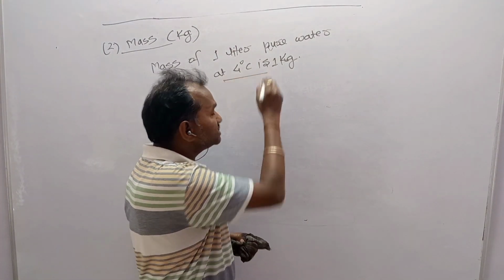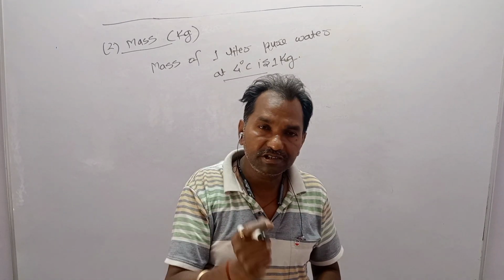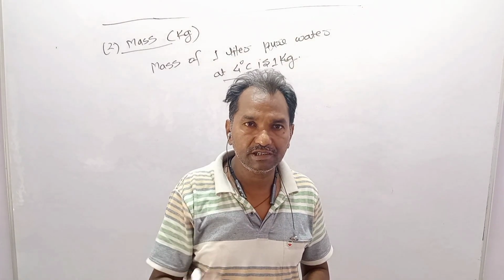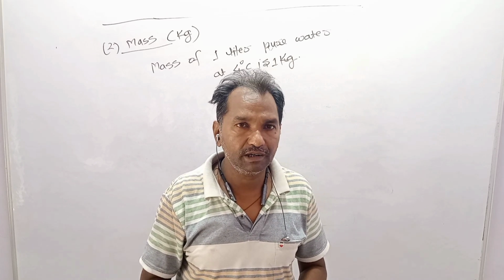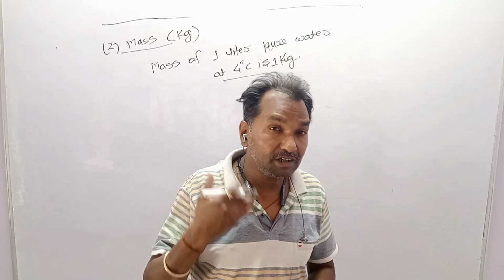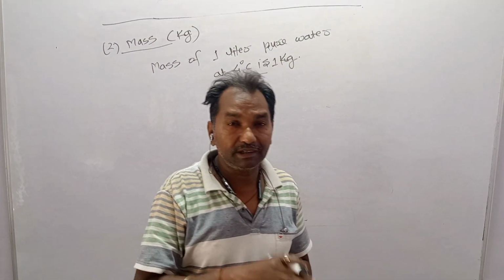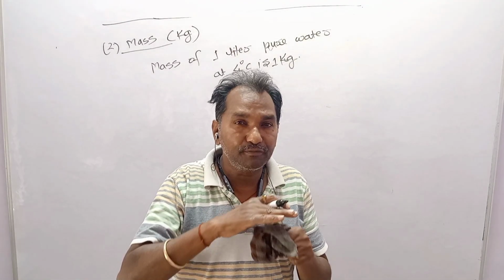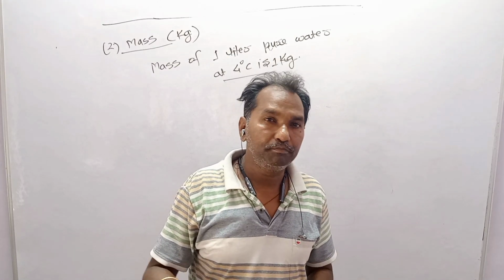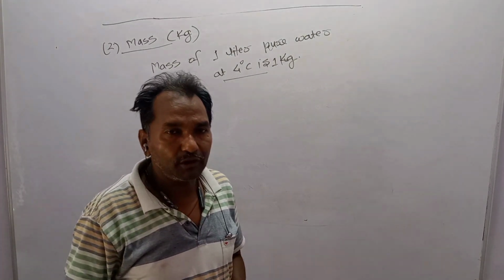Why is 4 degrees C important? The density of water at 4 degrees C is maximum, and this is why the fish, even in extreme cold, despite the lake being frozen at the top, below the top there is water in which the